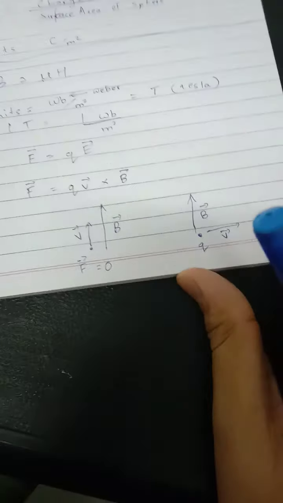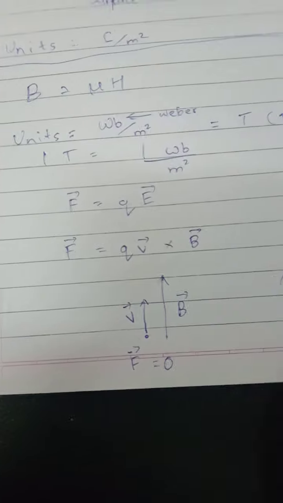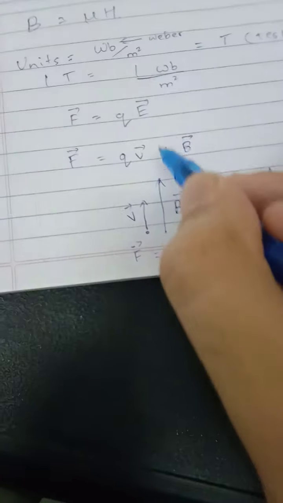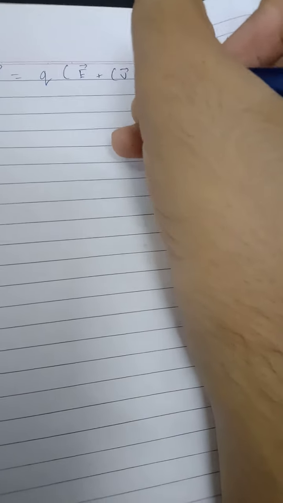So now we come to a very interesting and very important equation, the Lorentz force equation. It basically ties these two forces together. It says that F bar is equal to Q, taking out common, E bar plus V bar cross B bar. This is a vector addition, not your regular algebraic addition. And we call this the Lorentz force equation.